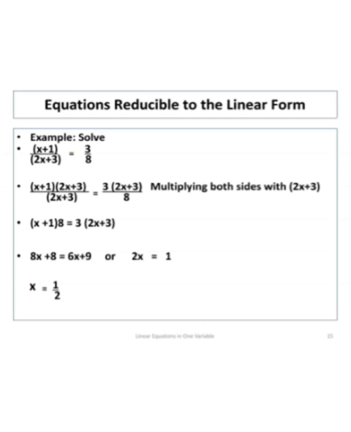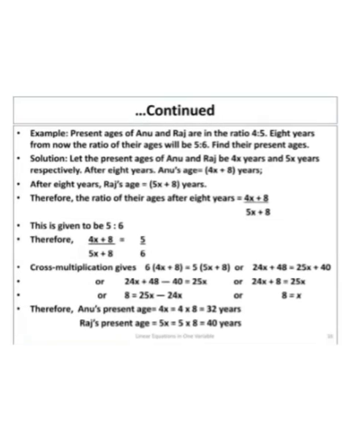So as we multiply, we get the further simplification, x plus 1 into 8 is equal to 3 into 2x plus 3. We are also cross multiplying with the 8 on the denominator of the right hand side, which is taken to the left hand side. That gives us 8x plus 8 is equal to 6x plus 9, and the final answer we are getting is x is equal to 1 by 2.